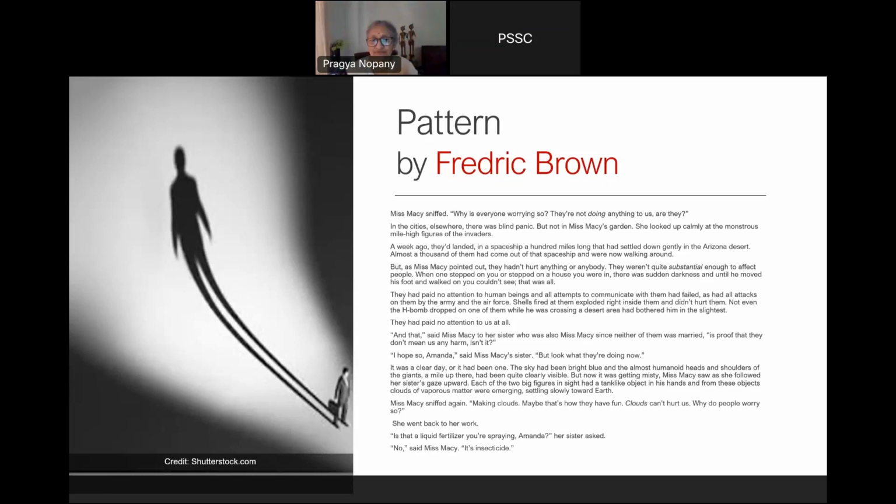And look at the name of the story, the pattern, just the pattern. Now you have to analyze the story and look at it in relation to the title of the story, pattern. So what sense does the story make to you? What do you think those aliens were doing? And whatever they were doing, does it remind you of some of our own actions that we do? Yeah, so please write in the chat box.